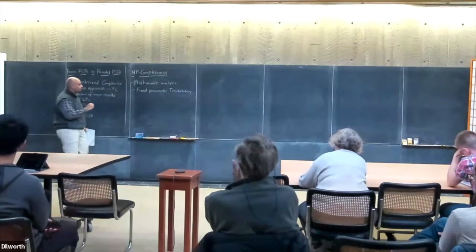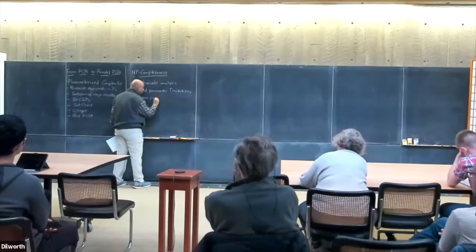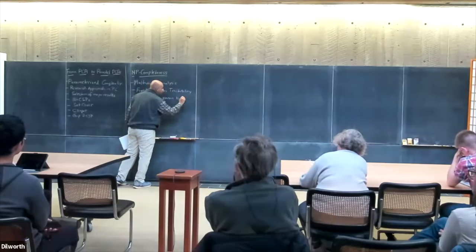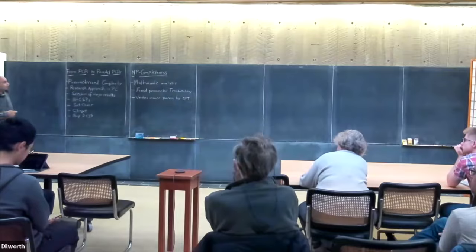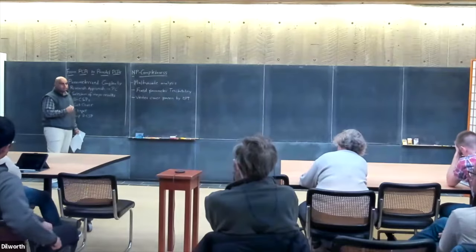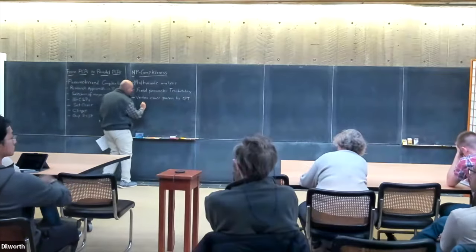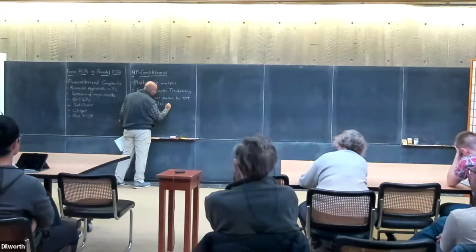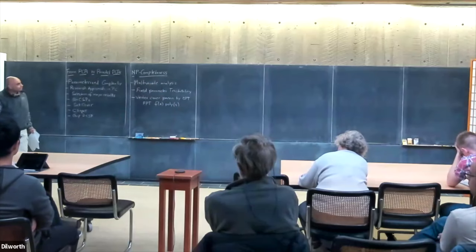Just a couple of examples. Vertex cover, parameterized by opt size. You're given a graph and you're asking, is there a vertex cover of size k or not? You're allowed to run in time f of k times poly n. It's FPT if you run in time f of k times poly n, where f can be any computable function, n is the size of the graph, and k is the opt. FPT is fixed parameter tractable.